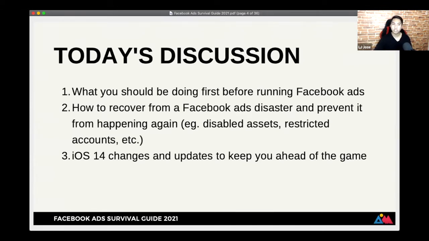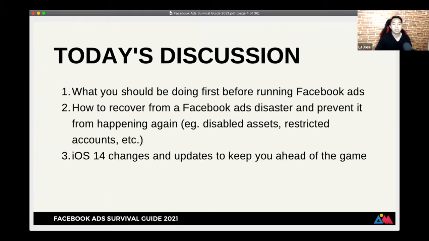So, I want to share this guide with everyone and solution steps then, especially for that, because I'm part of a lot of Facebook groups, international and local then. And there's so many problems that are being shared there every day na parang paulit-ulit na lang siya talaga ngayon. And because hindi rin siguro siya accessible or very clear to other people kung ano yung gagawin. So that's why I have written the top errors and solution steps, okay, on how to prevent those errors from happening again. As example, if you have disabled assets or restricted accounts.